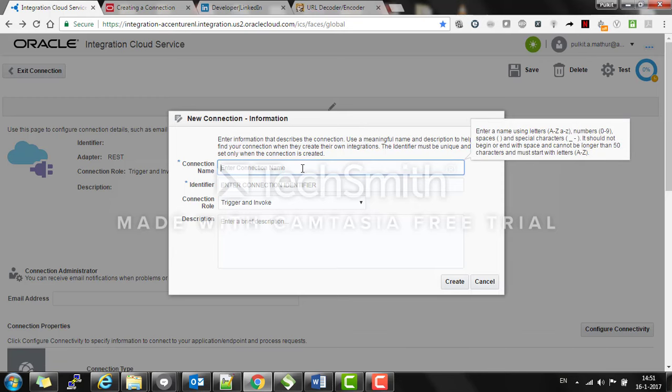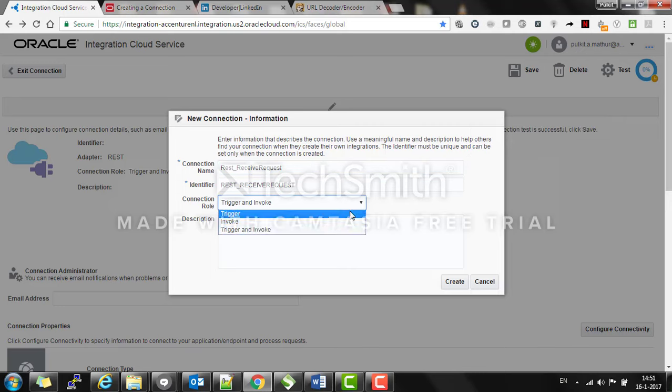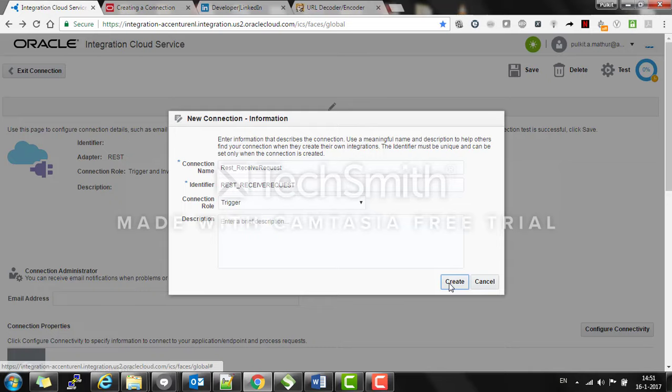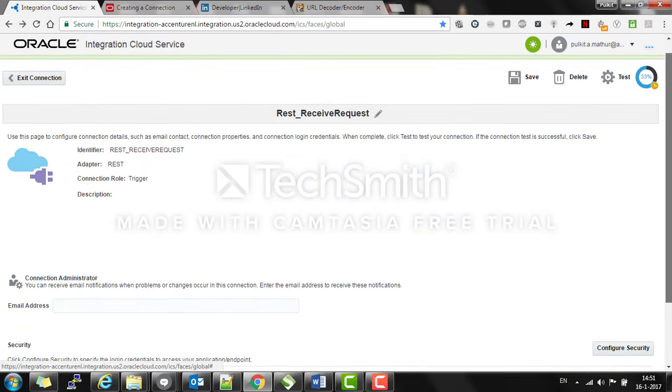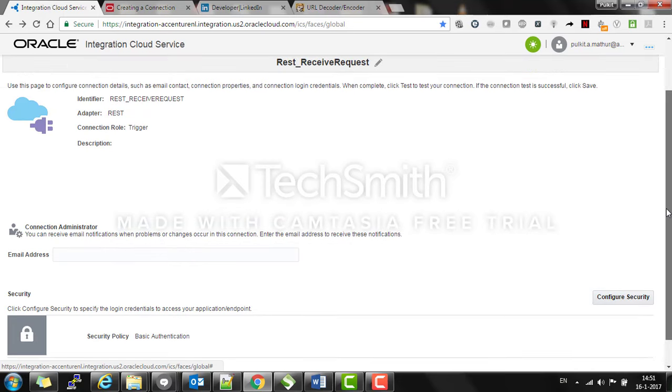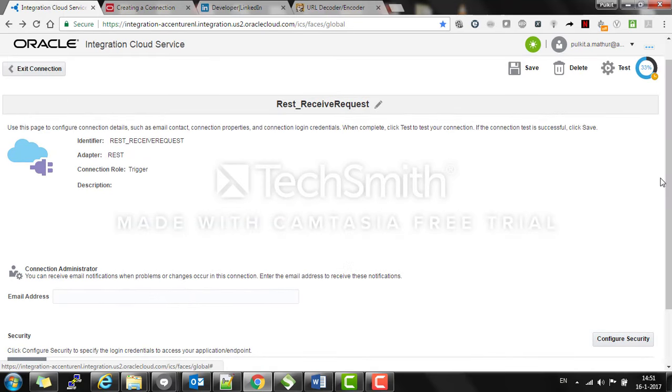So similarly, we are going to name our REST adapter, or the REST client, REST receive request, and the connection role should only be to trigger the integration that we are going to create after this step. Clicking on create, there's not much configuration that you do in the REST connection here. The actual configuration of the REST connector, like the format of the incoming request and many more things, will be done when we create the actual flow. So I'm just going to save it now